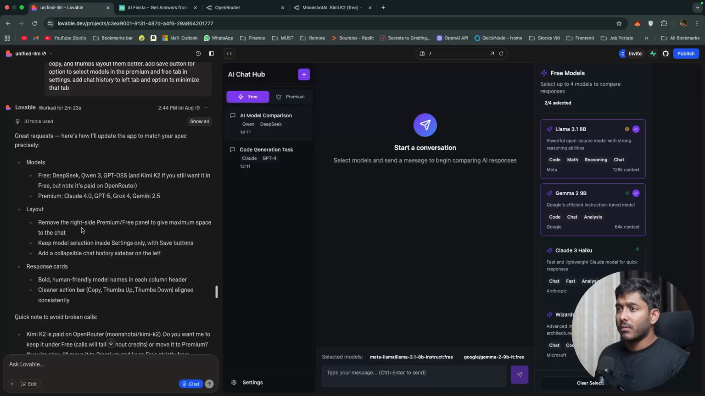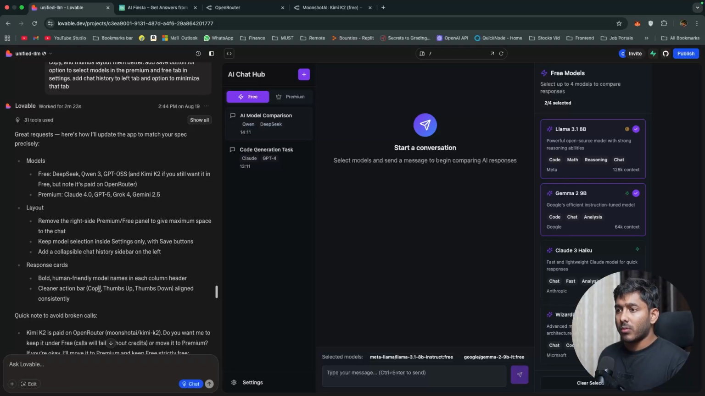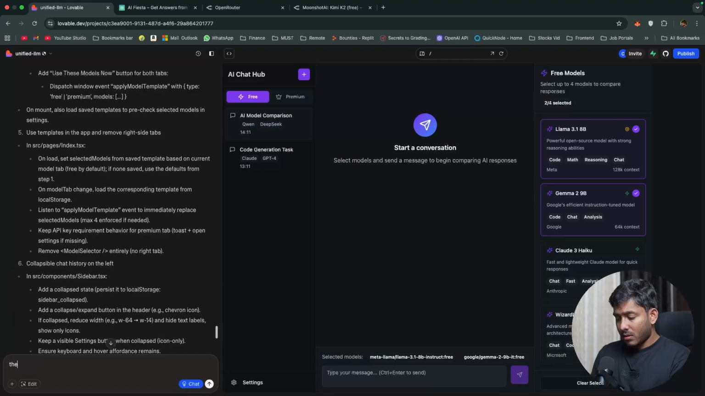Then remove the right side premium and free panel to give maximum space. Keep the model selection inside settings only, with a save button. Add a collapsible chat history side on the left. Response card: bold, human friendly model name in each column header. Cleaner action button. There is a free version for